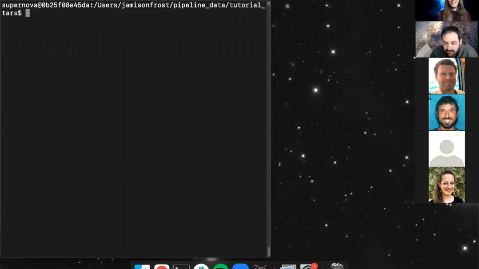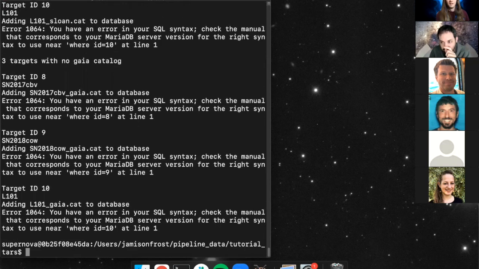We're doing great. Okay, so the other commands that I ran are just ingesting the other two tar files. I was doing that slightly in the background. Now all the data are ingested, so that's good. Like the tutorial document says, every time you ingest a new target, you should run this compare_catalogs.py command. So this creates